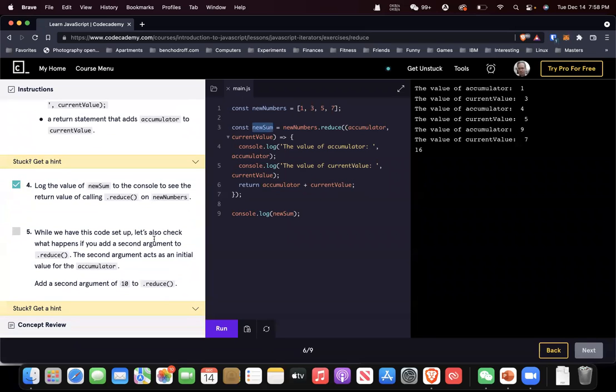While we have this code set up, let's also check what happens if you add a second argument to the reduce. The second argument acts as initial value for the accumulator. Add a second argument of 10 to reduce. Okay, so in this case,